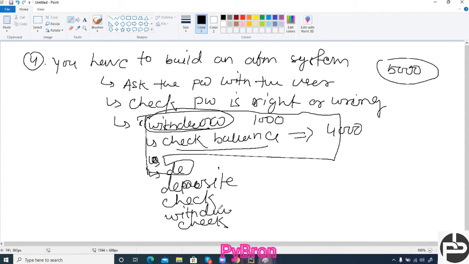Only if the password is right. If the password is wrong, what is going to happen? You entered the wrong password. This is if-else, once you understand the concept. Once your password is wrong, you have to go back to the home page and tell the user, this is the wrong password, re-enter your correct password. So it will re-enter the correct password.